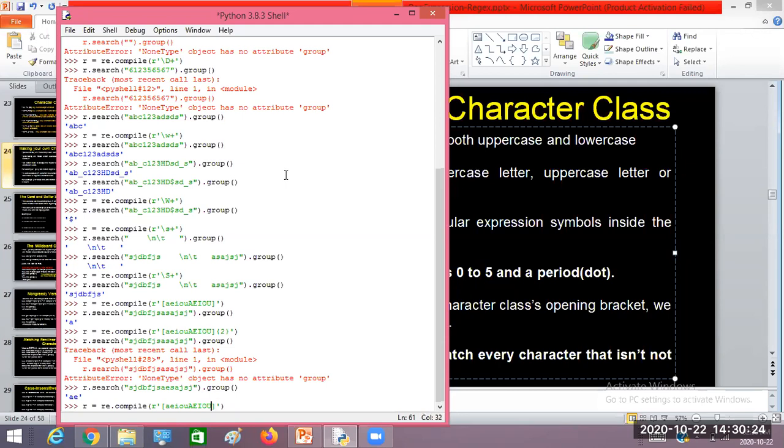Now suppose I want to use a digit followed by a dot operator, meaning the period symbol, followed by another digit. I want to match a single digit followed by a dot, followed by another digit. Does this pattern work for me?